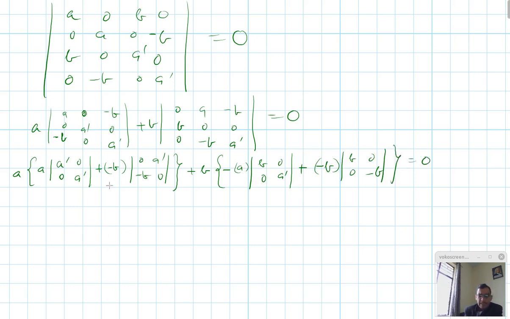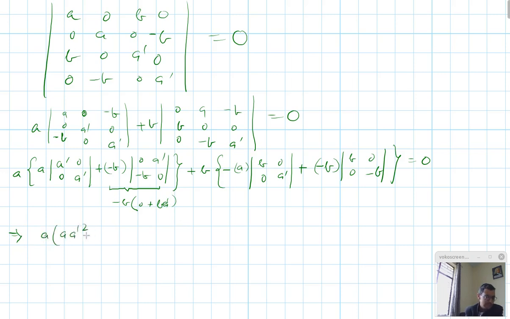And if I expand this, then it is minus B, it is 0 plus B A prime. So I have simplified it, so this is equivalent to